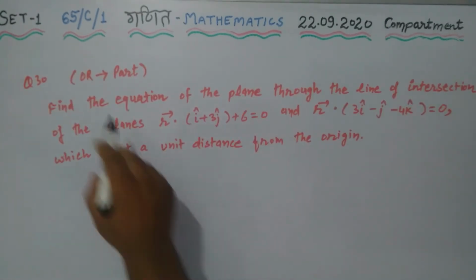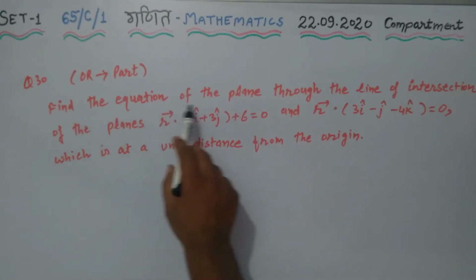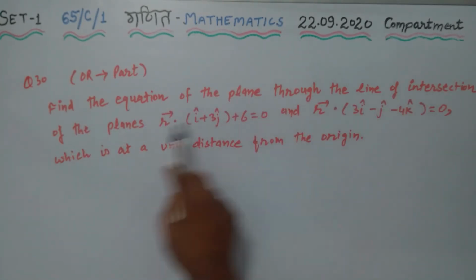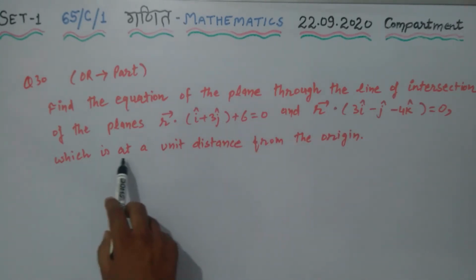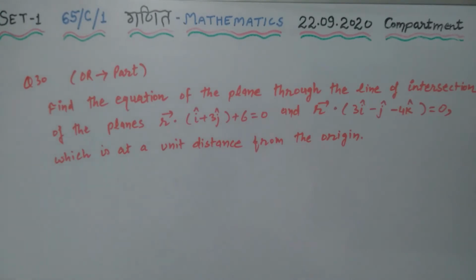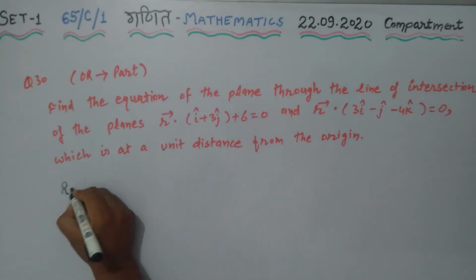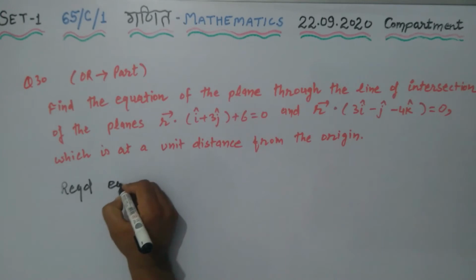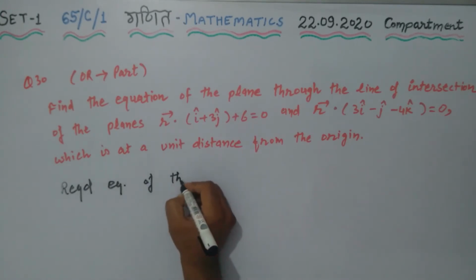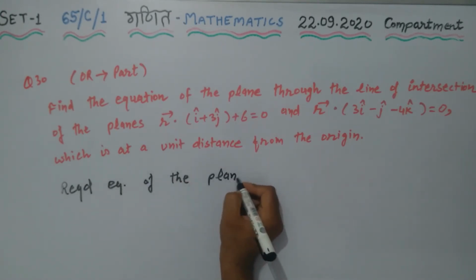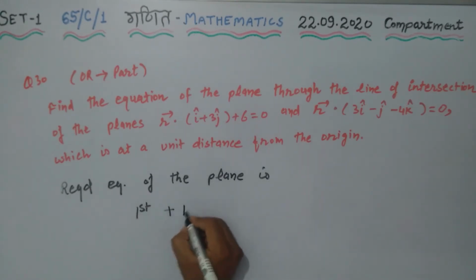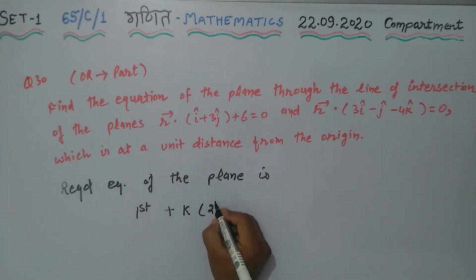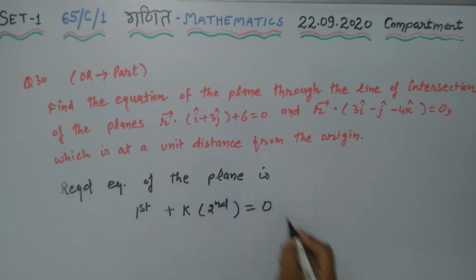Question number 30, or part, find the equation of the plane through the line of intersection of the planes. This is first plane and this is second plane, which is at a unit distance from the origin. So here the required equation of the plane is first plane plus k times second plane is equal to 0. So what we can say,